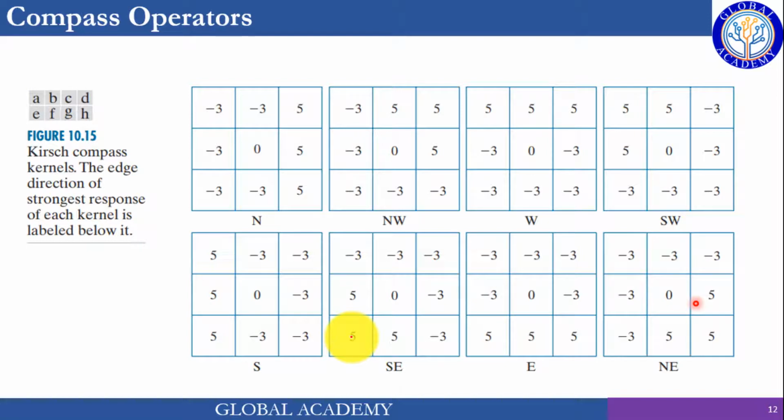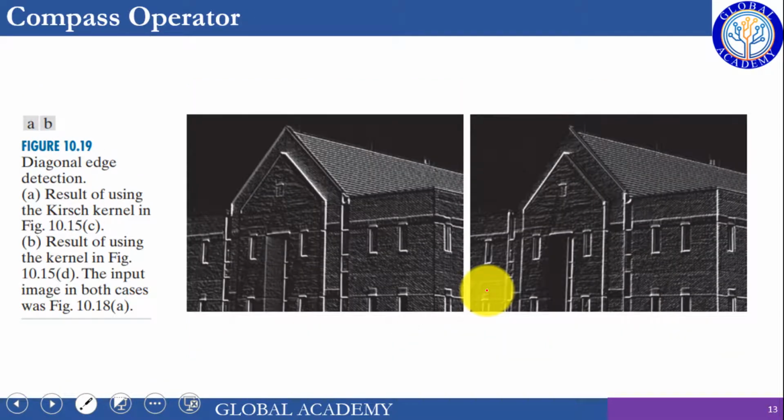Here is another set of compass operators which are titled as compass directions like north, northwest, west, southwest and so on. They produce more or less very comparable results. The kernels displayed are presented on the last slide. So you can enhance or detect edges at an angle of 45 degrees or minus 45 degrees. You can see using a single kernel we can detect edges at 45, minus 45 or 135 degrees.